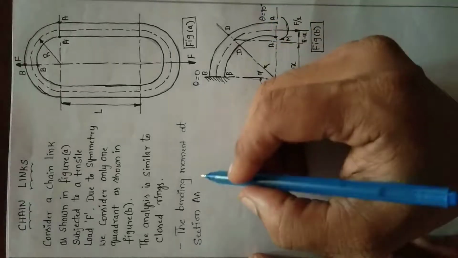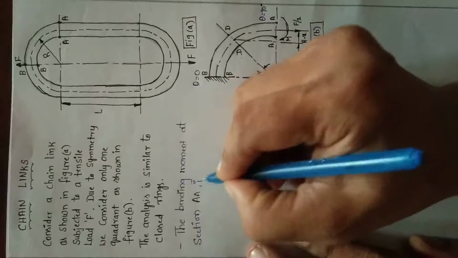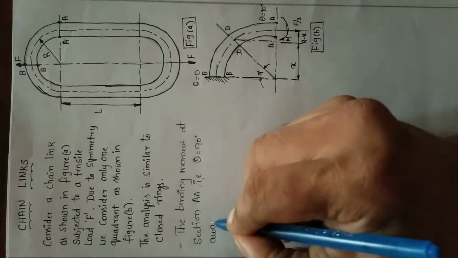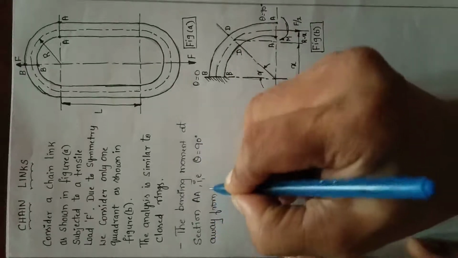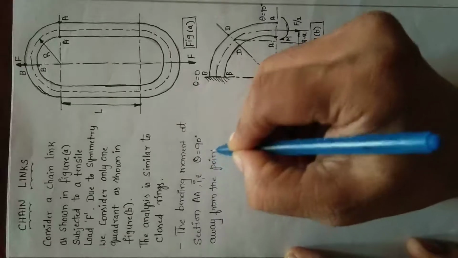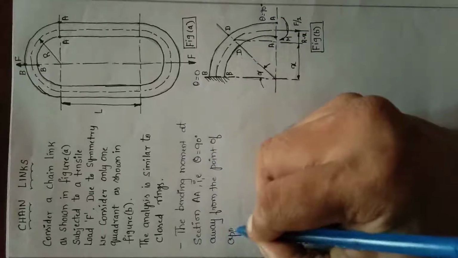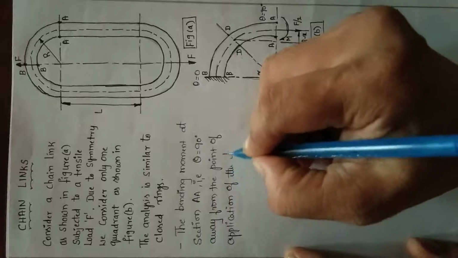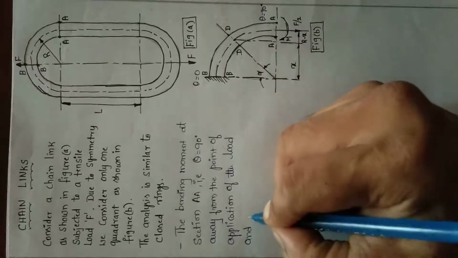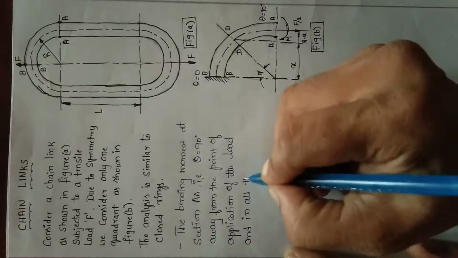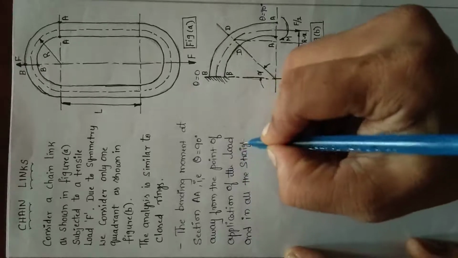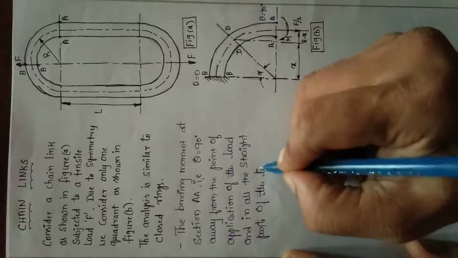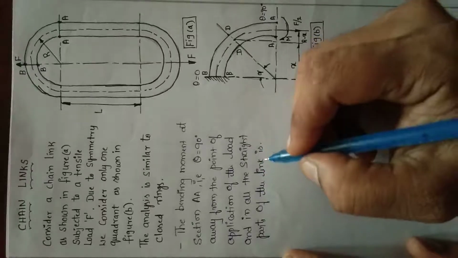The bending moment at section AA, that is theta equal to 90 degrees away from the point of application of the load and in all the straight parts of the link, is given by